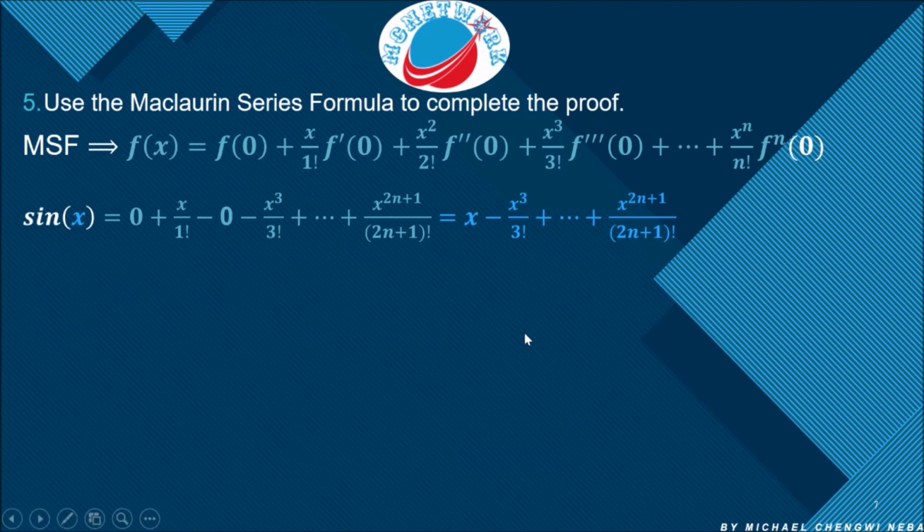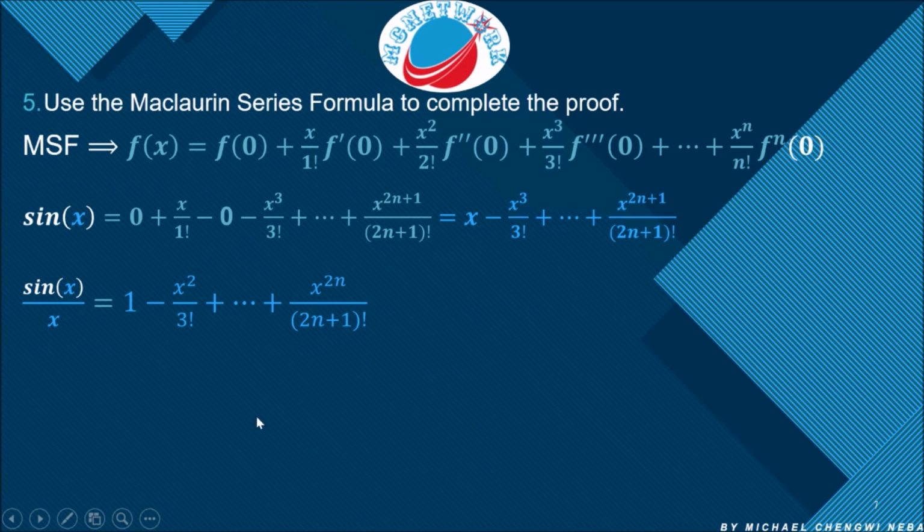At this point, remember that we have sine x over x. So I'm going to look at sine x over x. If you divide sine x by x, it means you are dividing each and every term in this expression by x. If I divide this expression by x, I'm going to have 1. If I divide this expression by x, I'm going to have x squared over 3 factorial. And this continues up to the last term, where if I divide this one by x, I'm going to reduce the power by 1. And here I'll have x raised to the power 2n over 2n plus 1 factorial,